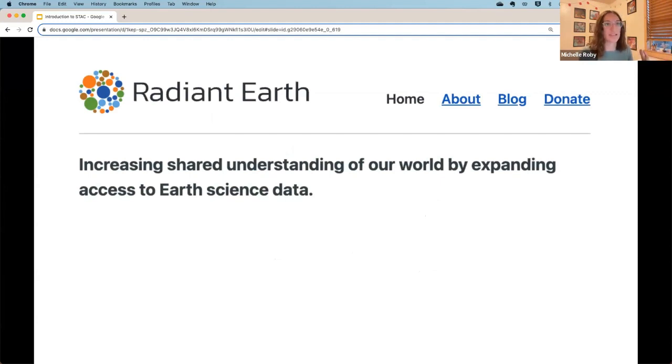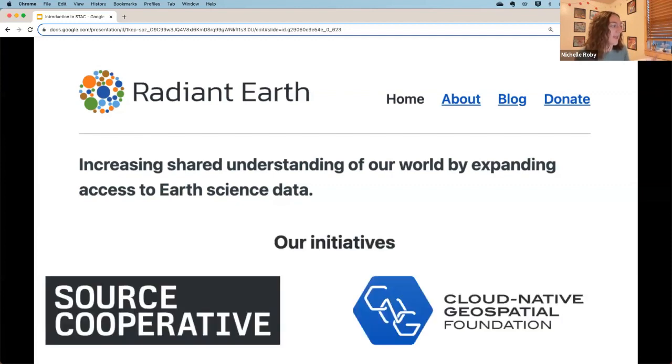How we do that is we act as an umbrella organization for important efforts that we see as valuable at the time. So we are a place that many efforts can happen. Right now we have two main initiatives. The first is called Source Cooperative, and the second is the Cloud Native Geospatial Foundation, which is what's putting this event on today.